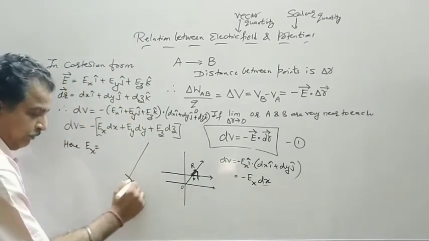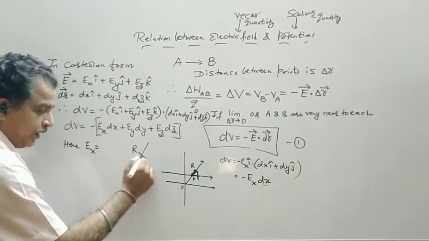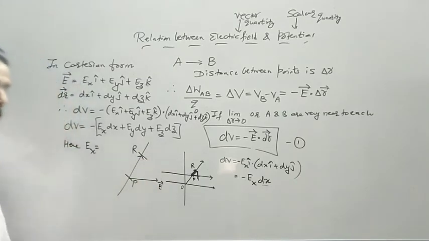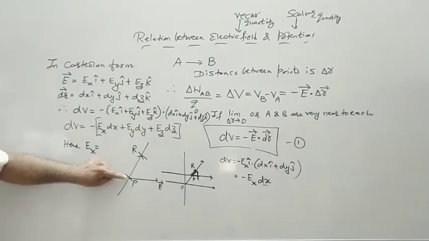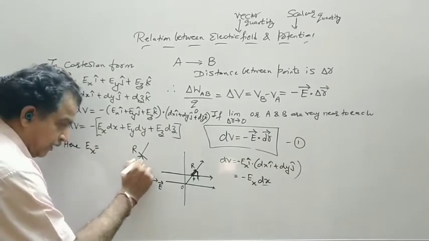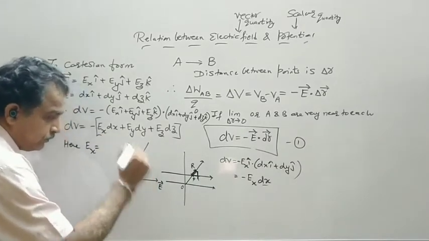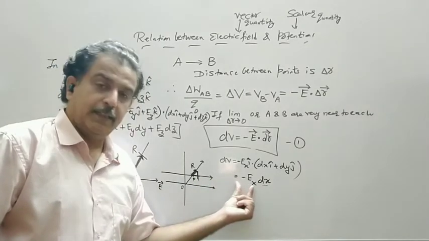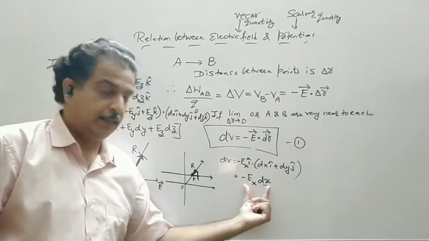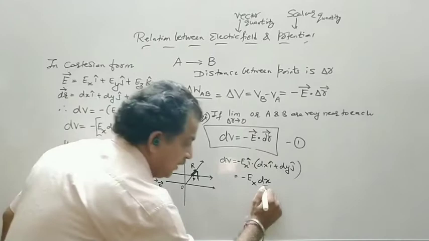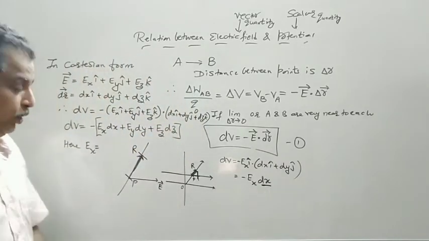Now instead of taking this dx distance, I have to take actually this distance. Say you are moving from point P to point R. Let us enlarge the thing. The electric field is along the x-axis. So actually you moved from point P to point R. This was my actual displacement or the motion. But dV is equal to minus Ex dx. The answer comes out to be Ex dx only. So what is this dx? That is the distance along the x-axis.